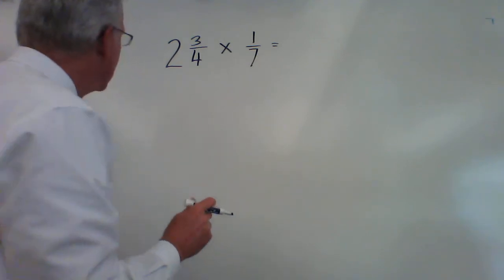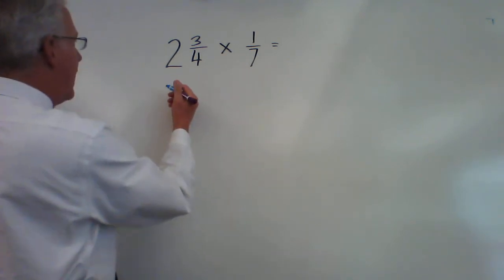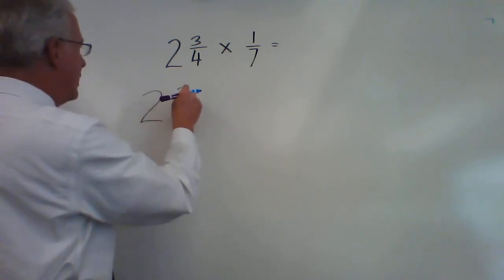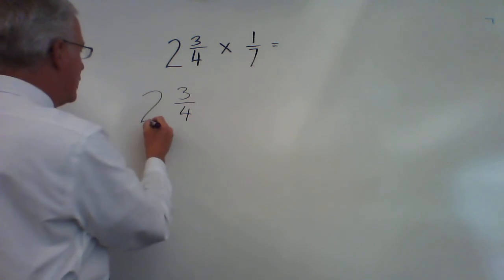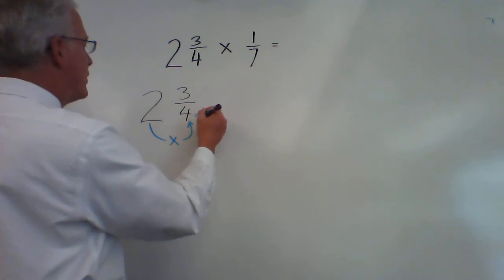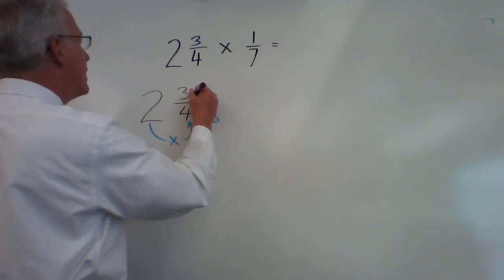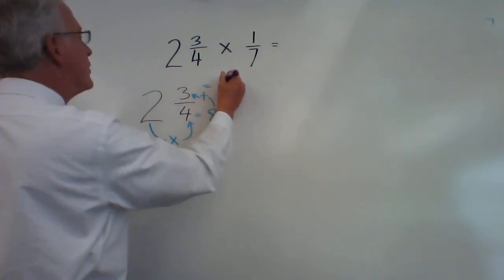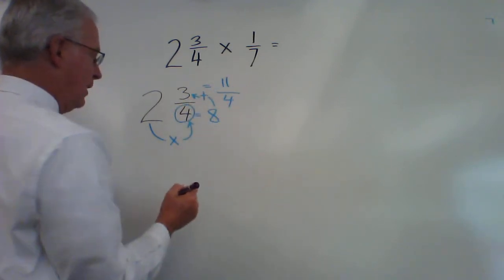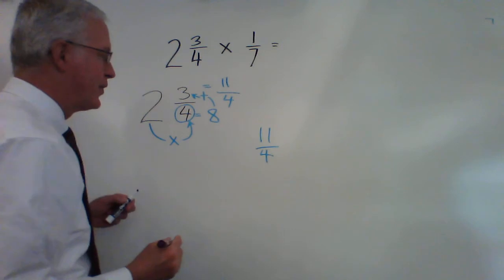All right, we're back. So we're going to first start off by dealing with our mixed number. So remember, 2 times 4 equals 8 plus 3 equals 11, and then we keep the denominator. So 11 fourths